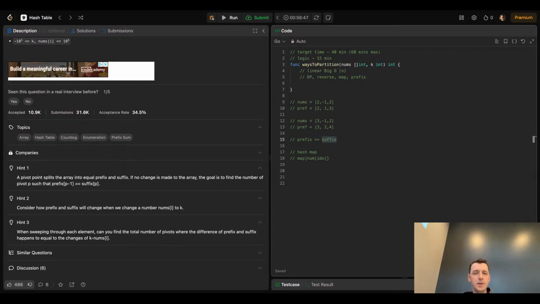So what that means is the total number of pivots where the difference of prefix and suffix happens to equal the changes of